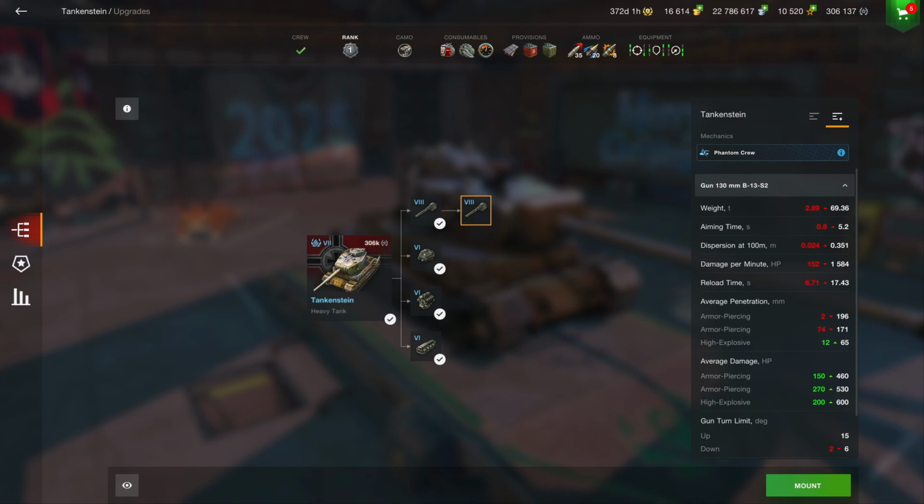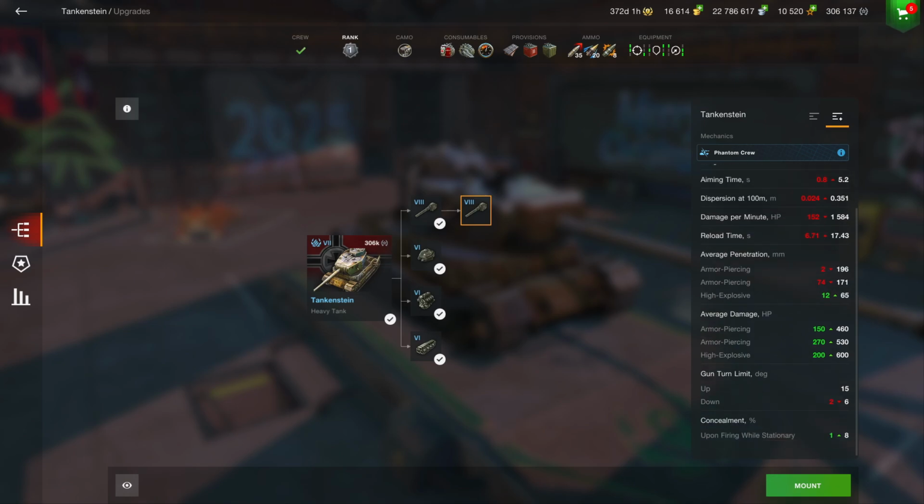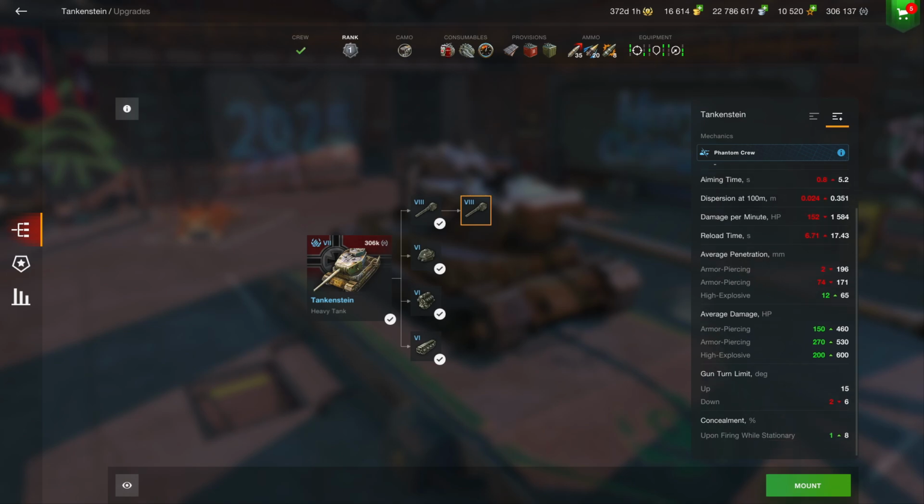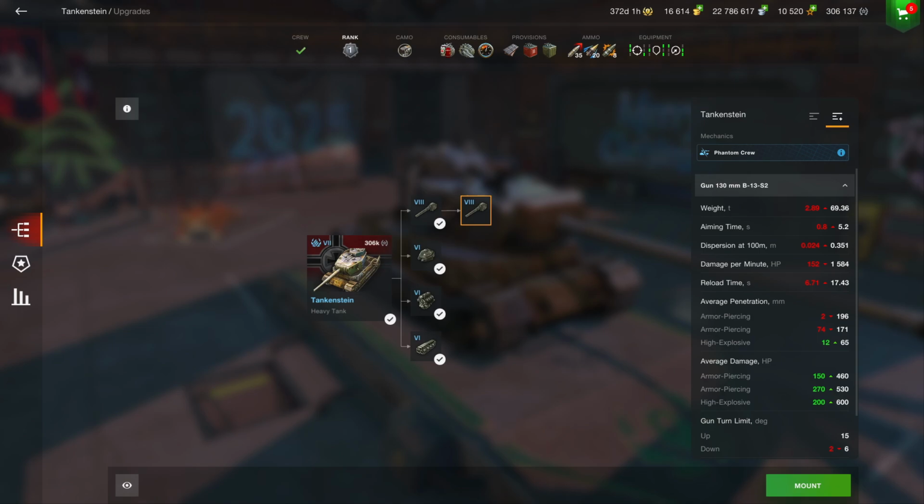The problem I have with this tank is it doesn't bring the best of any world to the table. You have to make severe sacrifices in order to have any of these options on the tank. A lot of people like to use the 130mm on the Tankenstein. The problem is you have almost no gun depression. You have not the best pen at Tier 7. You have pretty good alpha, but you have fairly poor aim time, fairly poor dispersion, just bad DPM, and your